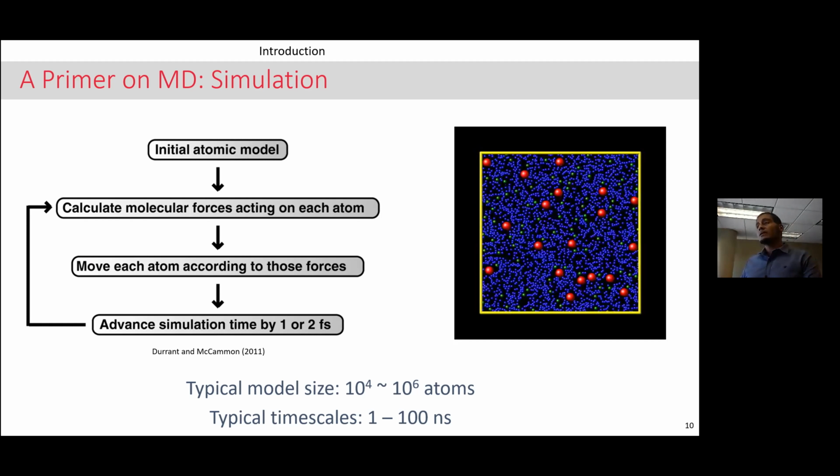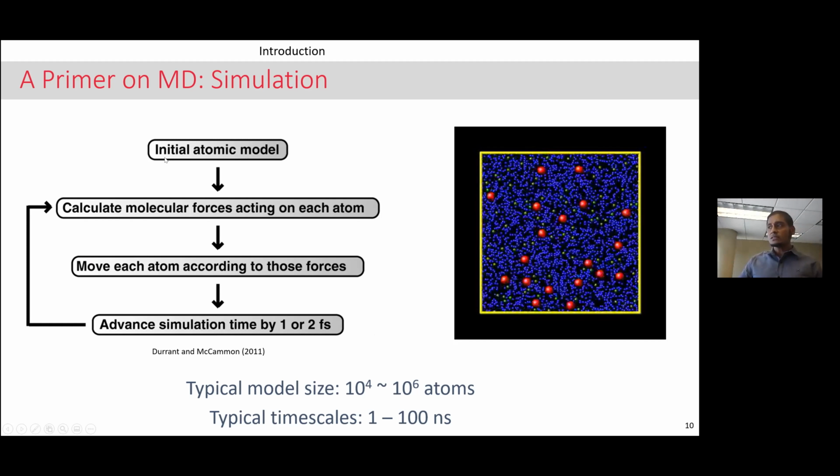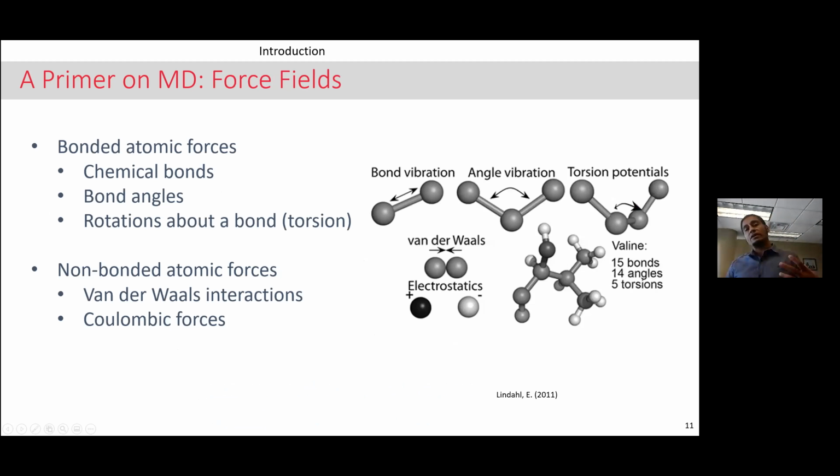Okay, so with that background, what kinds of forces do we have? You can have bonded atomic forces. So of course, if you have a methane molecule or if you have water, then of course you have the bonds between hydrogen and oxygen or between carbon and hydrogen. You need to specify those bonds. And those bonds are of course not necessarily of a constant length. They can vibrate, they can twist and turn amongst themselves. And so you need to specify to the simulator that this is what these bonds can do. And fortunately for us, chemists have spent their entire lives telling us about these bonds. So we just extract that information from that literature and then feed it into our model.